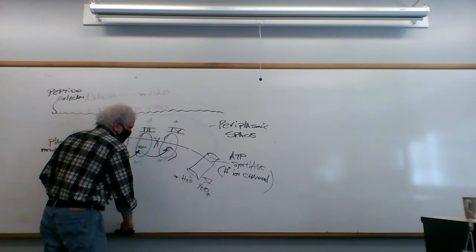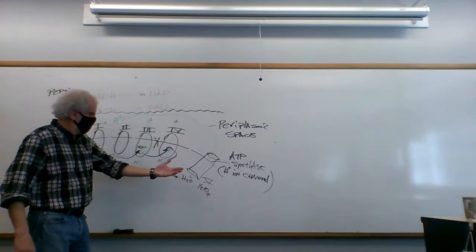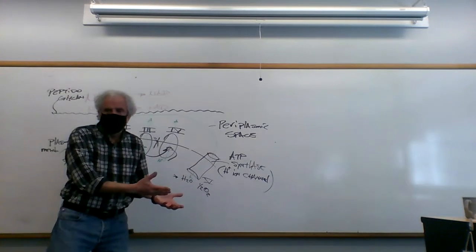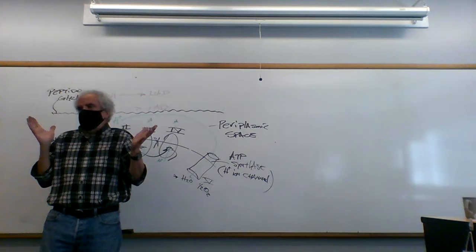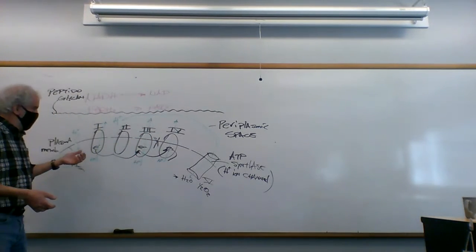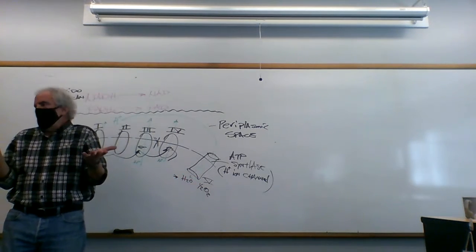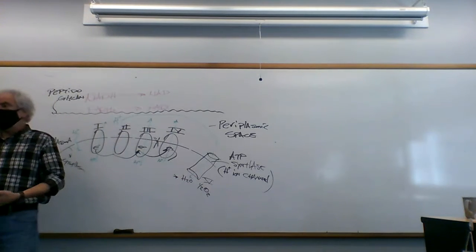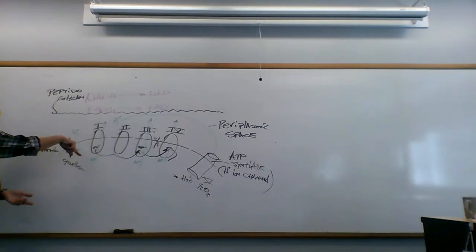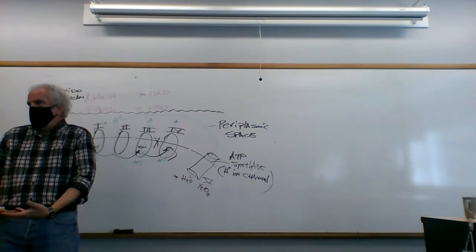Well, with no O2 in the house, complex 4 can't dump its electron. Complex 3 is looking at complex 4 and says, here's my electron, take it. And complex 4 is going, I'm full up. I ain't got a place for it. Complex 3 is like, what the hell am I supposed to do with this? Complex 1 grabs an electron and says, all right, complex 3, take this. And he's like, I can't. Complex 1 is now sitting there with an electron going, uh-oh. Because here comes all these reduced electron acceptors saying, here, take my electron, take my electron. And it's like, ain't no place to put it.